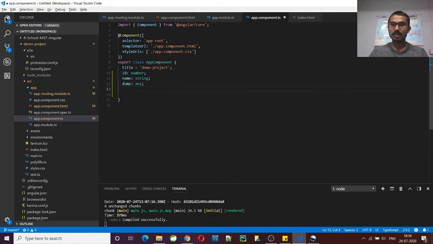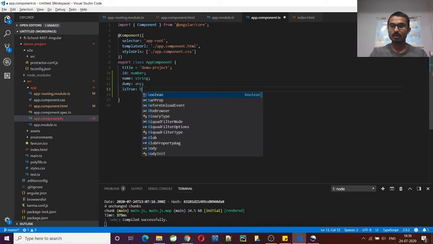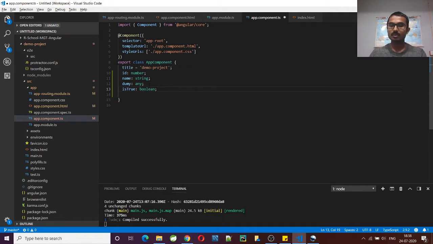And as in other languages, we also have the boolean data type. And how to declare those variables? Just specify the variable name, colon, and data type. That's it. This is the only thing we need to do to declare any variable.